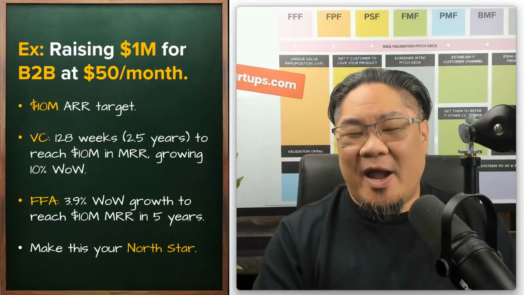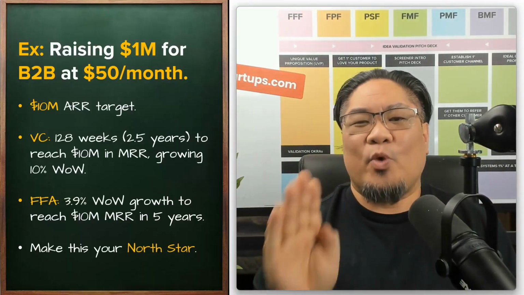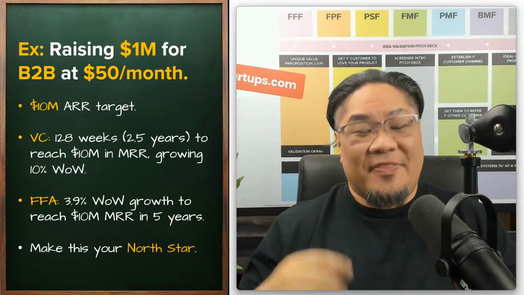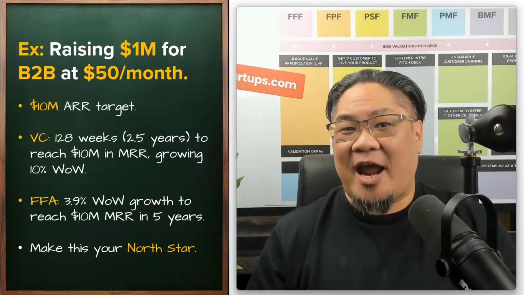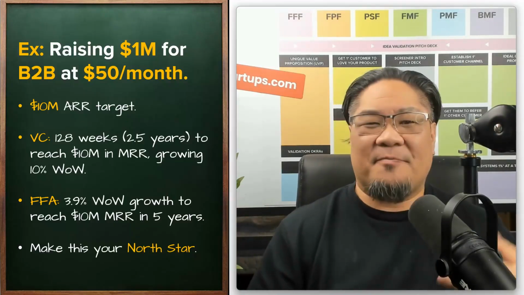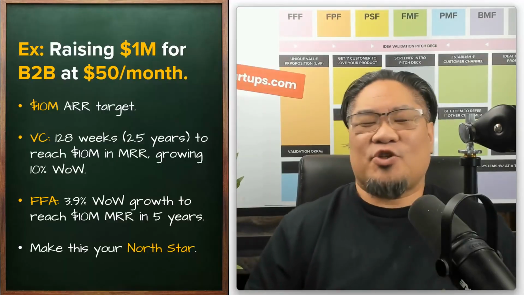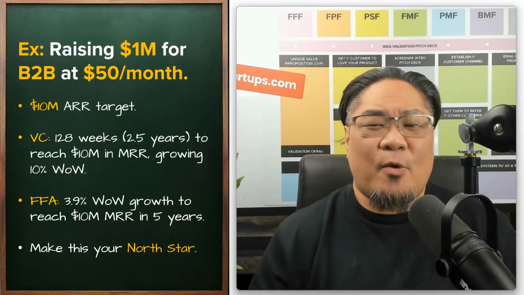When I was applying for Y Combinator and I got the interview, I put a sticky note on my computer, 10% week over week, and that's the target. That is your North Star to get that level of traction. You don't have to confuse yourself and ask, what are investors looking for? What type of team? What type of pedigree? What type of problem and solution and market? And worry about your pitch deck and just totally torture things to death. Just get 10% week over week growth.